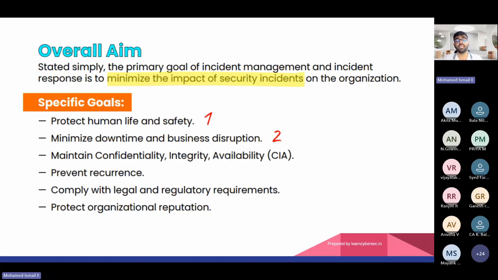Then comply with the legal and regulatory requirements. This comes into businesses like medical hospitals or banking. They follow some regulations or guidelines, and those guidelines must be followed during the security incident. For example, there is a major bank in India. They take care of maybe multiple millions of people's bank records that got breached. Now that bank cannot sit quietly and shouldn't hide the incident. They need to follow the regulatory requirement.